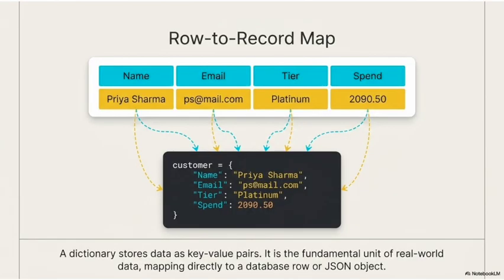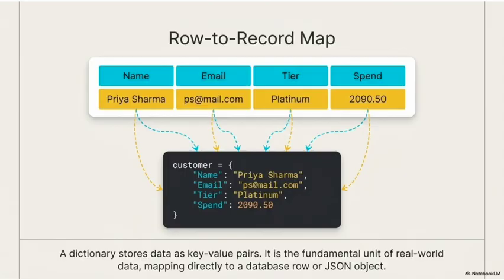This slide maps a spreadsheet row directly into a Python dictionary equivalent. The fundamental translation you'll use throughout this course. The spreadsheet row has 4 columns: name, email, tier, and spend. The dictionary mirrors it exactly. Name, Priya Sharma. Email, ps@mail.com. Tier, platinum. Spend,